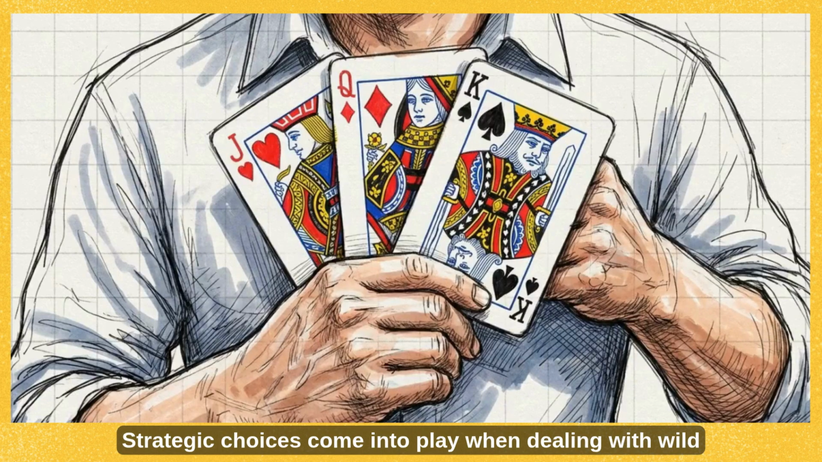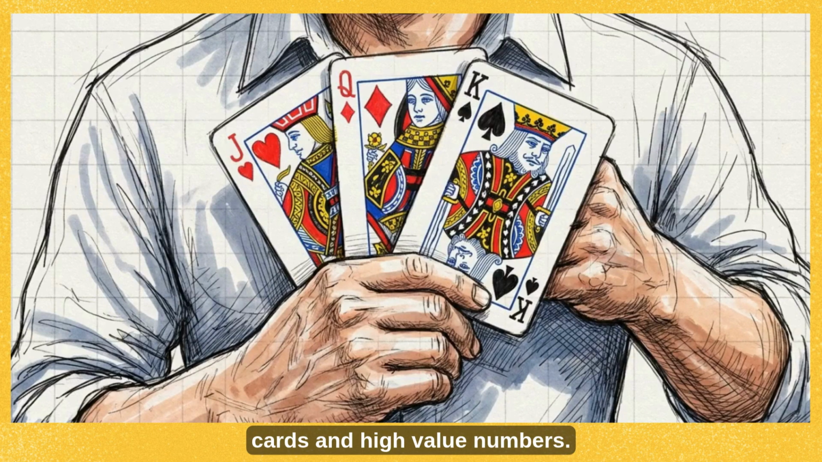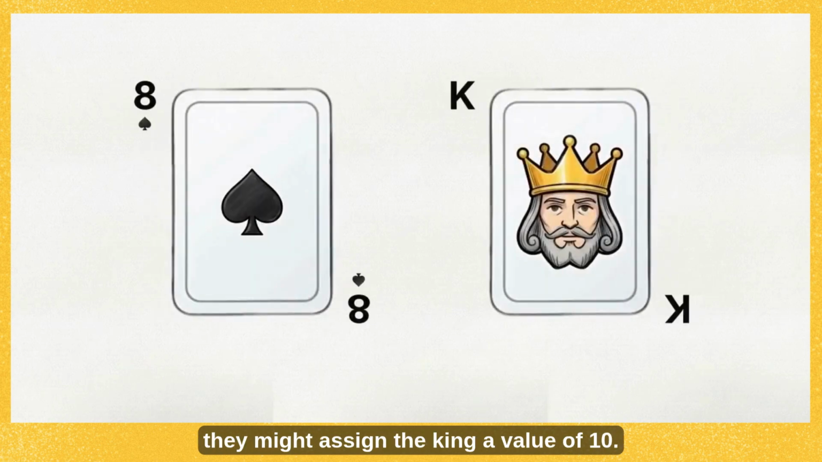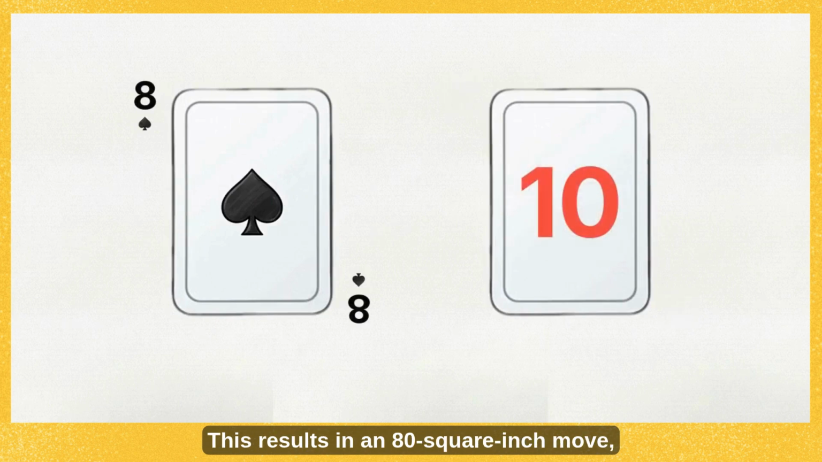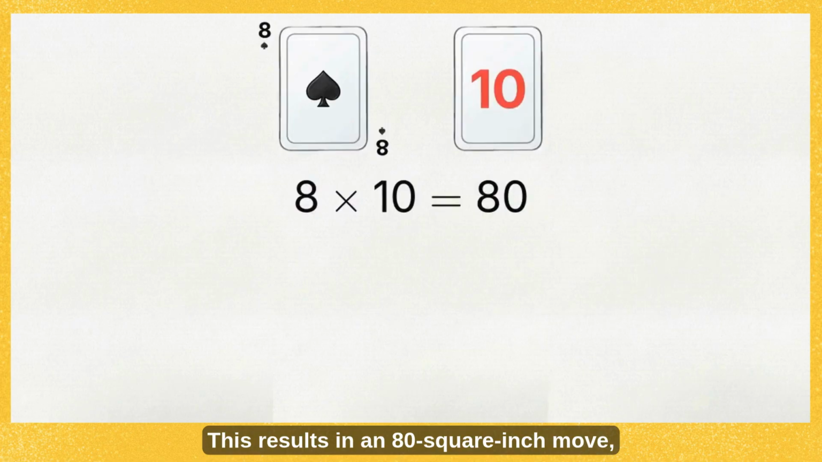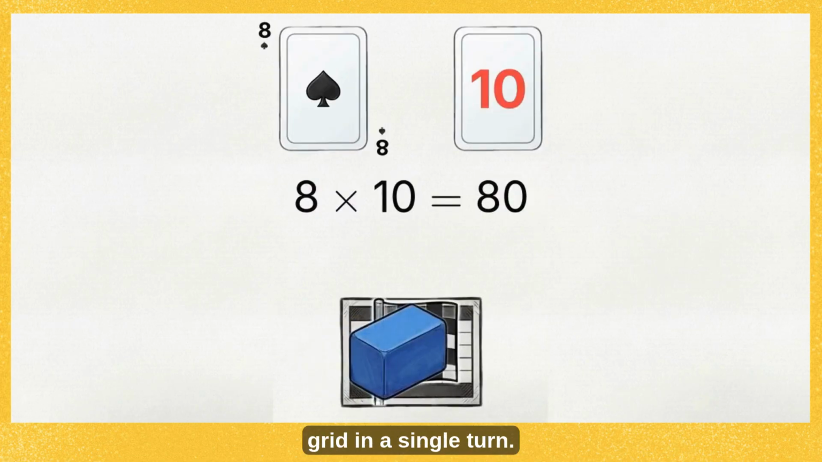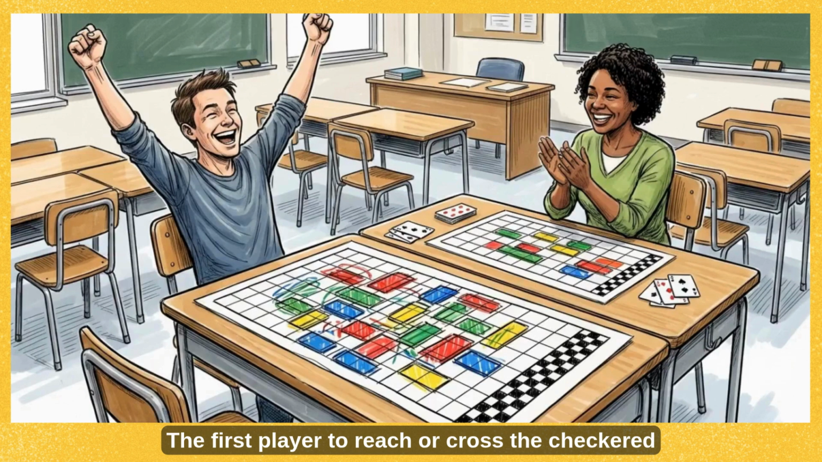Strategic choices come into play when dealing with wild cards and high-value numbers. If player 2 draws an 8 and a king, they might assign the king a value of 10. This results in an 80 square inch move, allowing the player to cover a significant portion of the grid in a single turn. The first player to reach or cross the checkered finish line with their drawn rectangles wins the